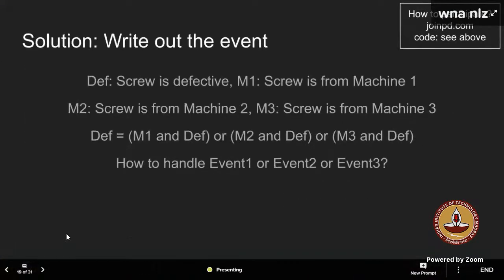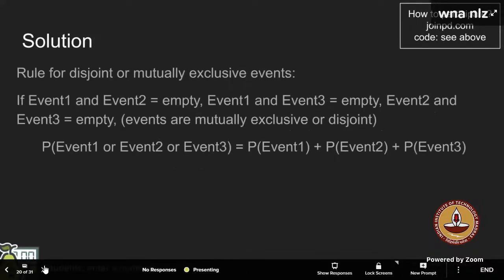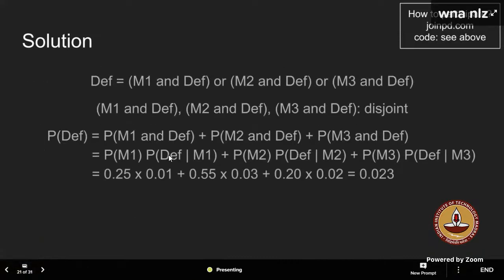So this is just how this was defined. This is the solution that we just discussed right now. Anyone wants to read this? This is just the definition. Event 1 will be either it will be defective from machine 1 or machine 2 or machine 3, right? That's just what we saw right now. Machine 1 defective given machine 1. That's what we just now solved. Okay, to the next question.